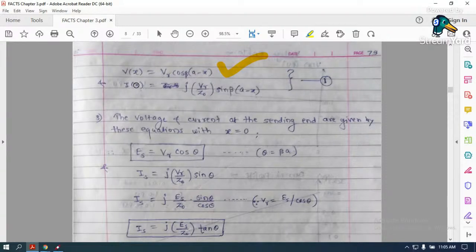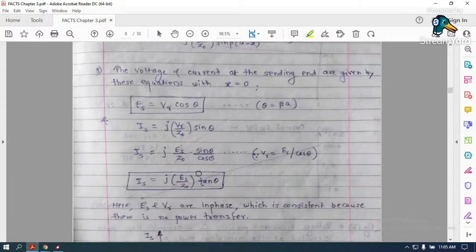Now what about current I of x? Just put x equal to 0. It is I of 0, which is nothing but Is. Is is equal to j Vr upon Z0 sin theta. Right? If I put x equal to 0, it will be only beta into A, where beta into A is a theta. So you will get these two equations, Es and Is. Right? More than that,